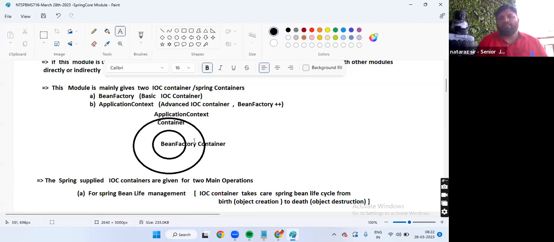Okay, guys. Spring core module provides how many IOC containers? Two. Which is the advanced IOC container? Okay, guys. These IOC containers are mainly given for what operations?